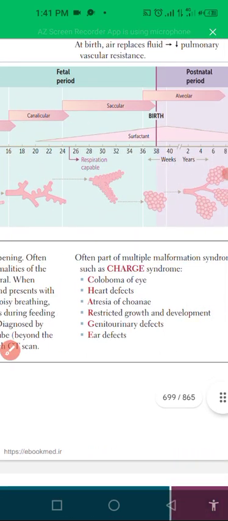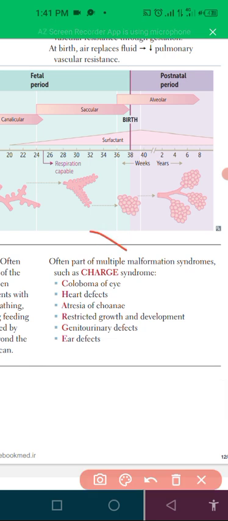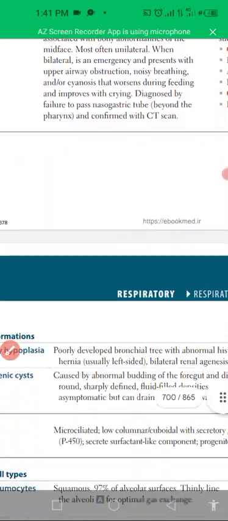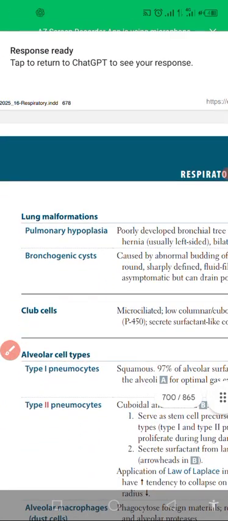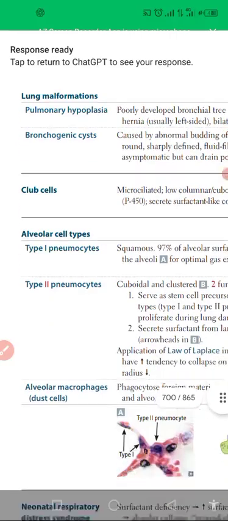Now choanal atresia is often part of multiple malformation syndromes like coloboma of the eye, heart defects, atresia of the choanae, restricted growth, and genital, urinary defects and ear defects. Okay, so